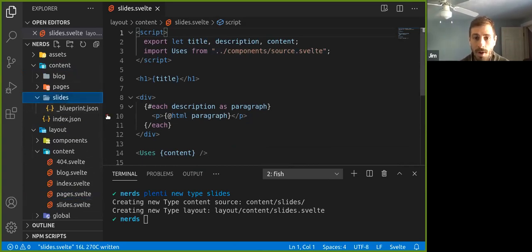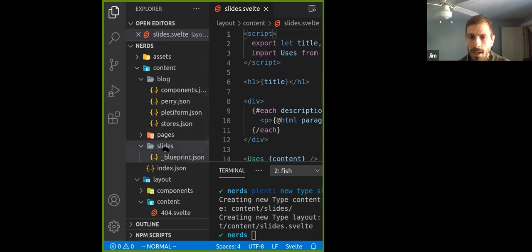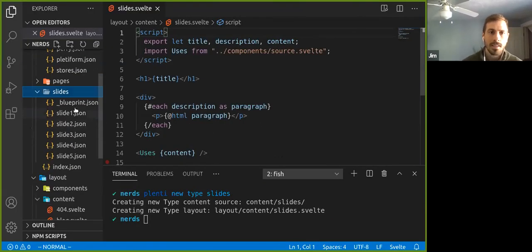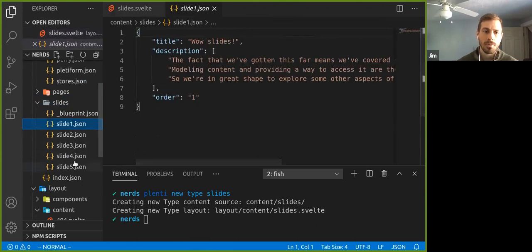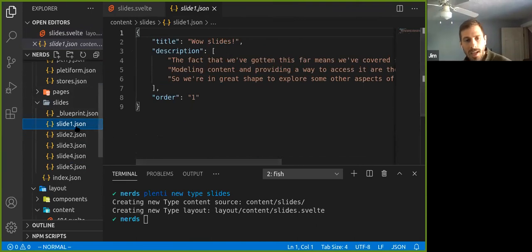So on my computer, which you probably can't see at the moment, let me copy some files over. I'm not sure how much of this you're actually seeing, but there's a folder on my computer called slides. And in there, I have 5 JSON files, which I'm copying right now, and I'm just going to paste them into my slides folder in my editor. And hopefully you can start seeing those now. Can you see slide 1, 2, 3, 4, 5? Yep. Okay. So in here now we have some slides I just copied and pasted.